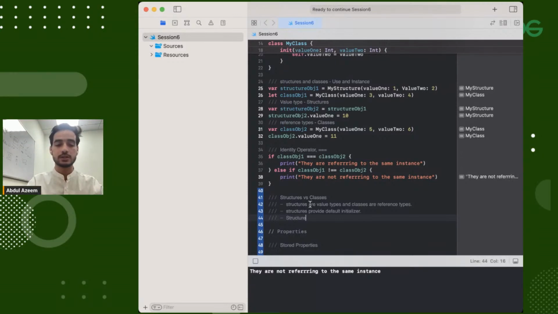So structures are lightweight and thread safe. And the other one is, structures cannot